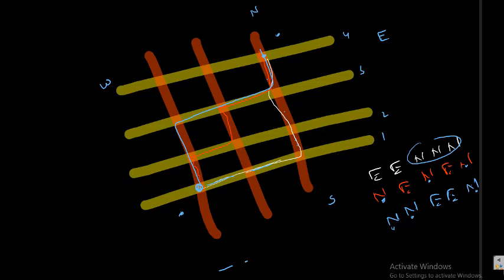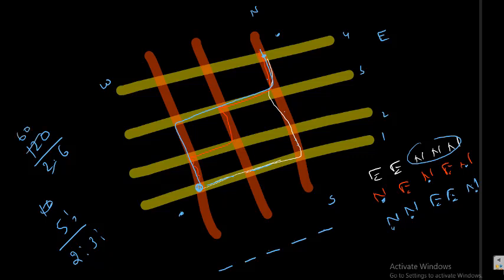So what happened, friends? We just want to fill these 5 blanks, 1, 2, 3, 4, 5, so that there are 3 N's and 2 E's. How many ways can you fill? 5 factorial by 2 factorial into 3 factorial. What is that? 120 by 2 into 6. So 2 sixes are 12, 120 by 12 is 10. So I can say 10 different ways he can travel from this corner to this corner, so that his distance is minimum.